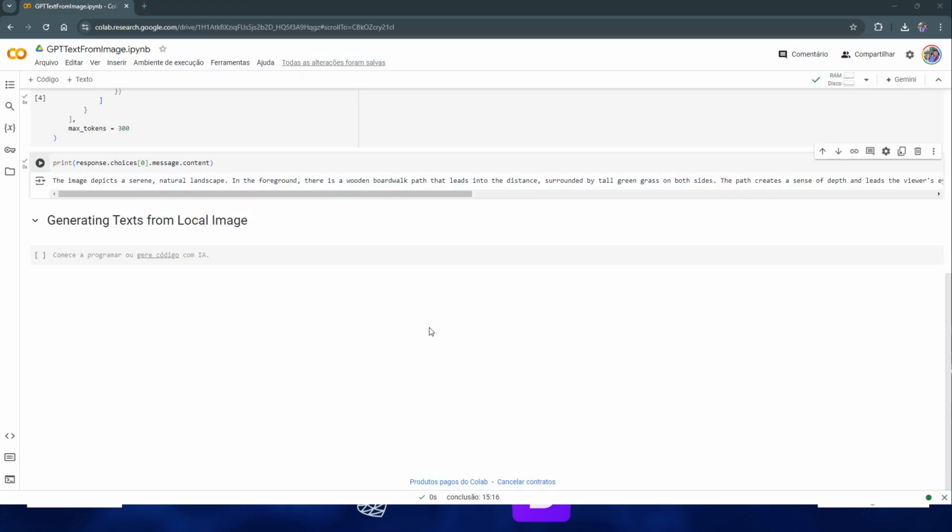The second method is to pass a local image to our model. The first step is to create a function to convert the local image to base64. Import base64.